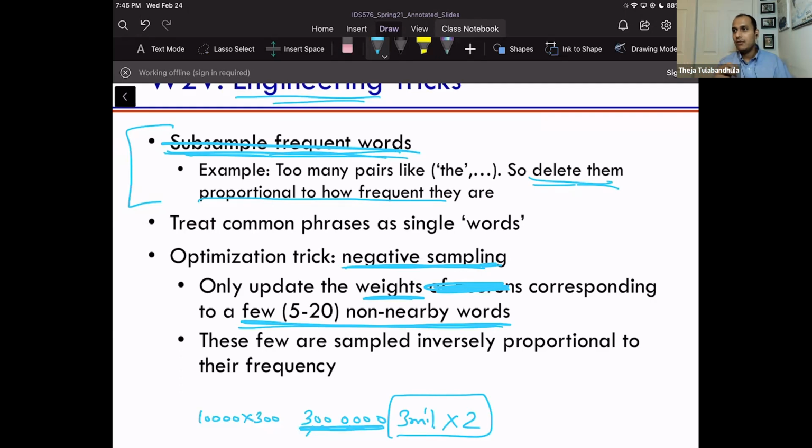What you'll do is, for the nearby word and the weights that were related to it, you're going to update them. Hopefully change the weights appropriately. Similarly, some non-nearby words you'll pick, maybe 5 or 10, and then only backprop on them. That way, these probabilities should be close to zero, something like that. Okay, that's what they call negative sampling. I would say it's just a trick to deal with this huge number of parameters. So I think for us, for the first iteration, we don't have to worry about it.